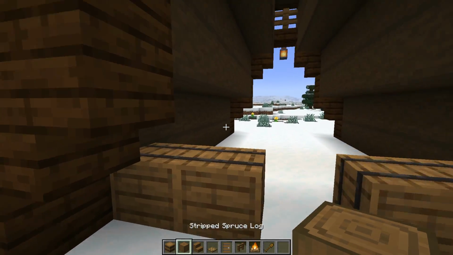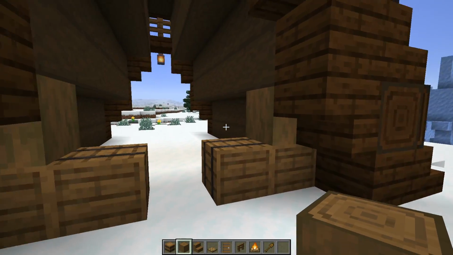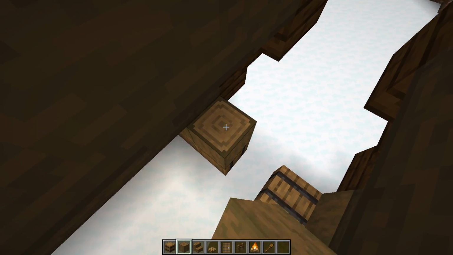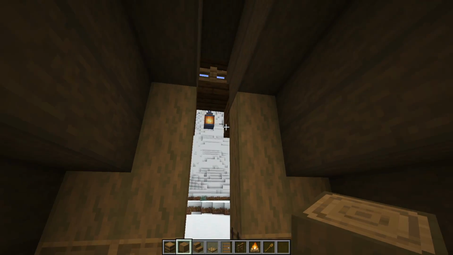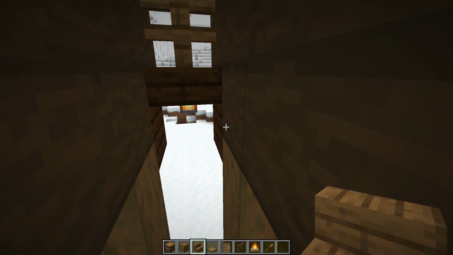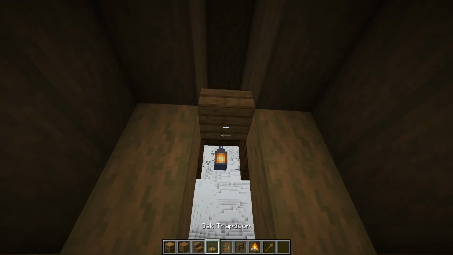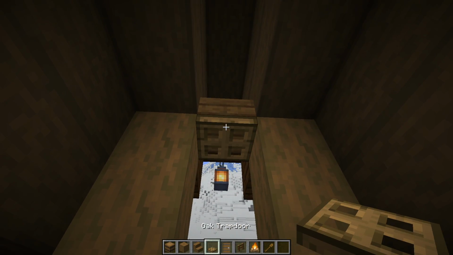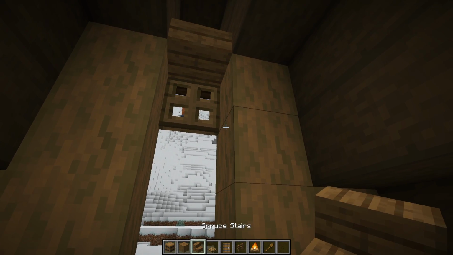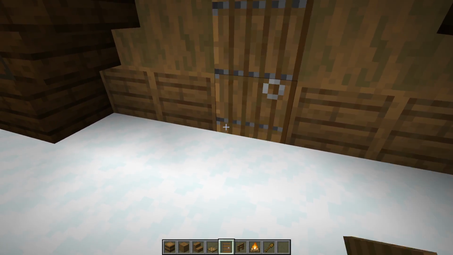Then we can grab some stripped spruce logs, and on the outer barrels, we're just going to crouch and place 1 either side, and then we're going to place 3 on top of the other ones. Then we can grab some spruce stairs, and from this log right here, so where we have the dark oak slab, we're just going to have a stair like that. Then a trapdoor, an oak one underneath that. Then another upside down stair this time,